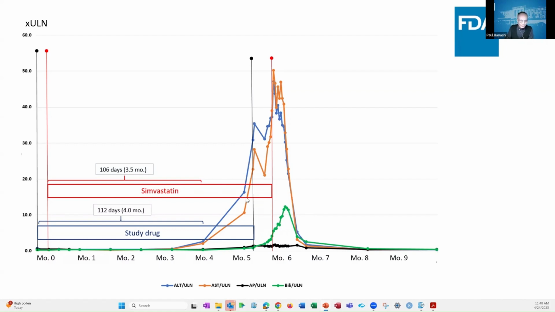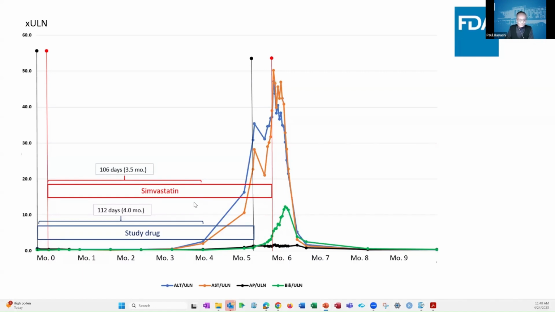And then on another table, they had the concomitant medications. So what we said, well, wait a minute, there's this statin, let's just see, and we graphed it out. And what you see is that you didn't pick this up on the tabular data, is that the enzymes actually came down, and that's what everyone focused on, but they actually started going up again. And the drug's half-life is not that long. And it was only after the simvastatin was stopped that things really got better.